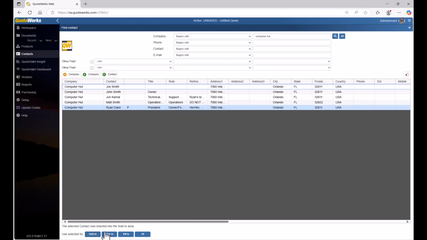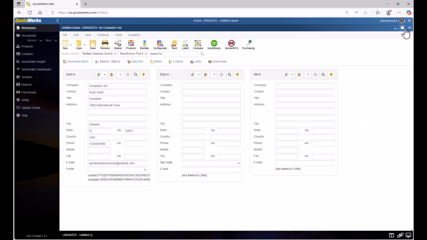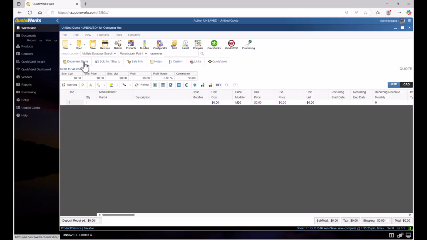When we close out of the Find Contact window, we can see that our contact has been added to the Sold To section of the Sold To Ship To tab. Now that we have our contact added, we can click back into the Document Items tab and start populating our quote with some products. To add products to your quote, click on the product icon or products on the left